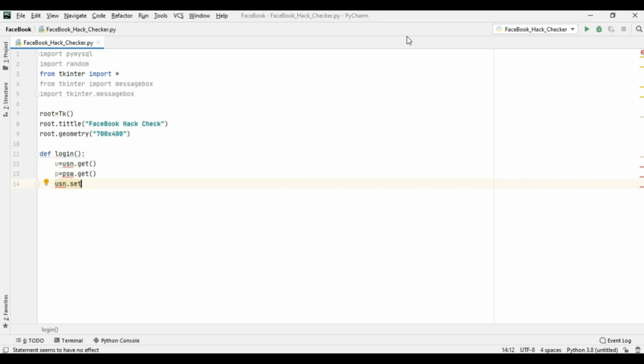At first in the blank window it will be blank, so we have to set it like this so that the password and username fields remain blank.